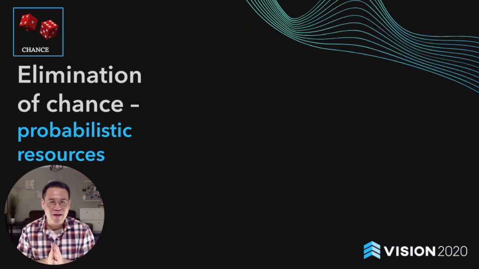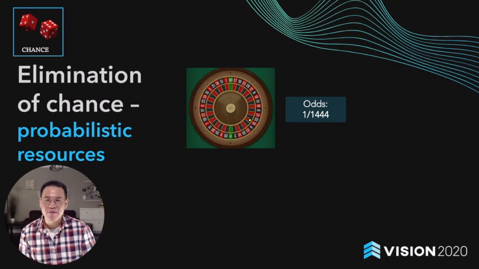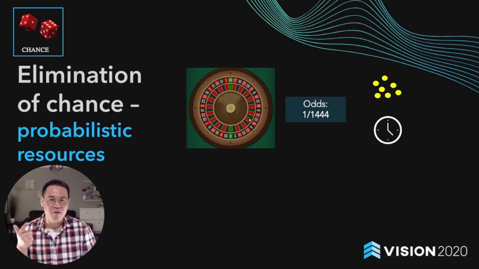How improbable does something have to be before we can eliminate chance? Well, that depends on the improbability of the event and how many opportunities we have to generate that event. For example, with roulette again, the odds of getting the same number twice in a row is 1 over 38 to the second power, or 1 over 1,444. Not great odds, but actually it's more doable given the number of times you have to try it, as well as the amount of time in which you had to do it,